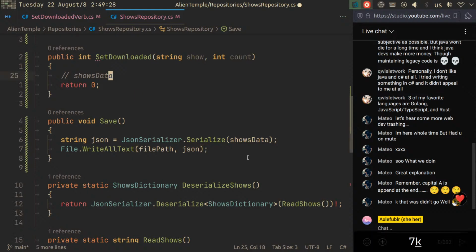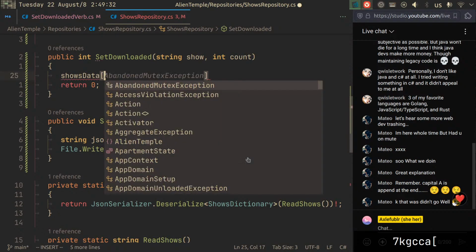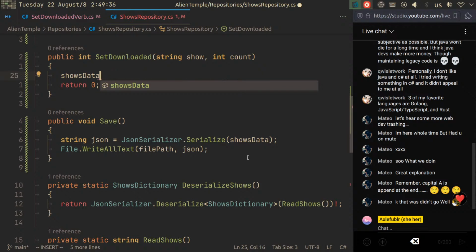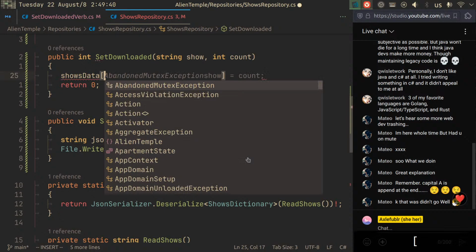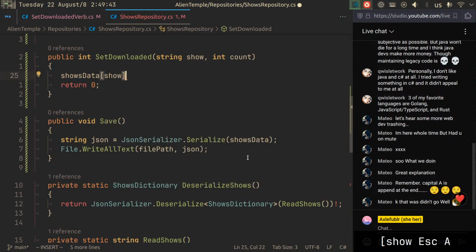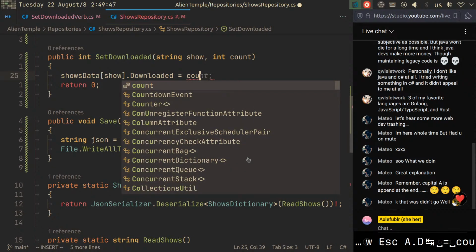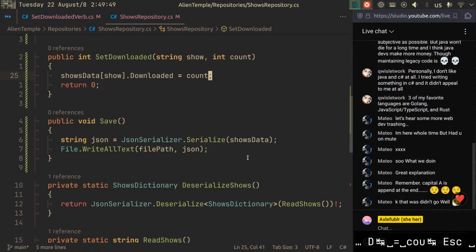Okay, so now shows data. How do we access it? I forget. So it's a dictionary. Shows data is a dictionary, which is why we specify show here. Downloaded is count. Yes. However,